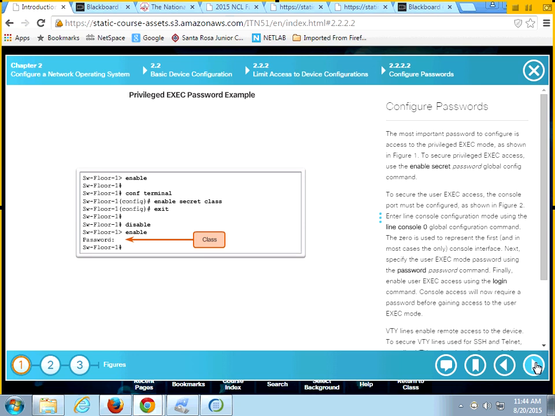For those of you who are English majors, enable could be a verb or a noun. In this case, enable is the command. Enable also means turn the thing on. Enable it. Right? So it's a little confusing, but in this case, what we're doing is we're putting a secret password on the enable command. And that secret password is,